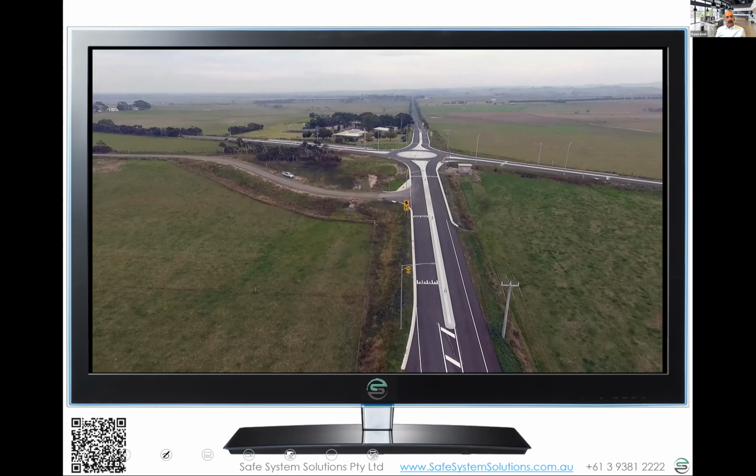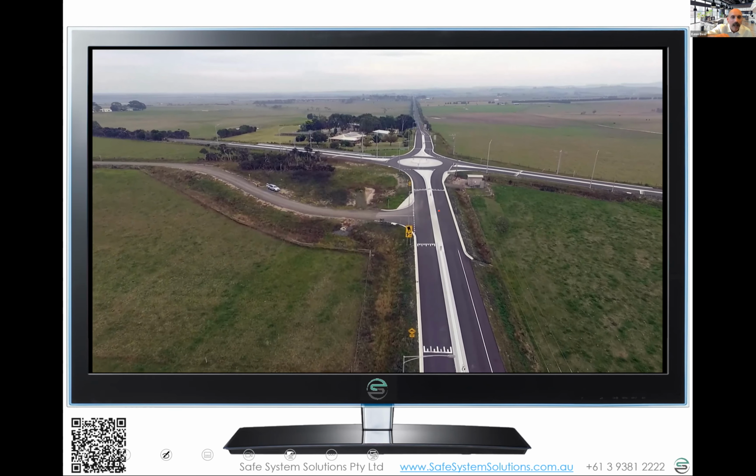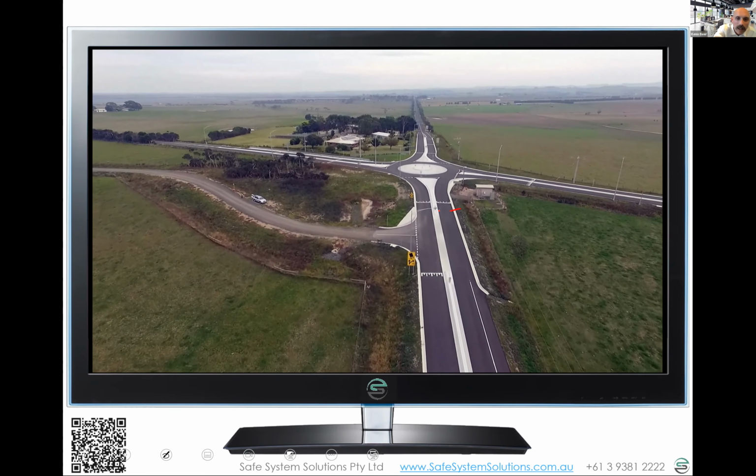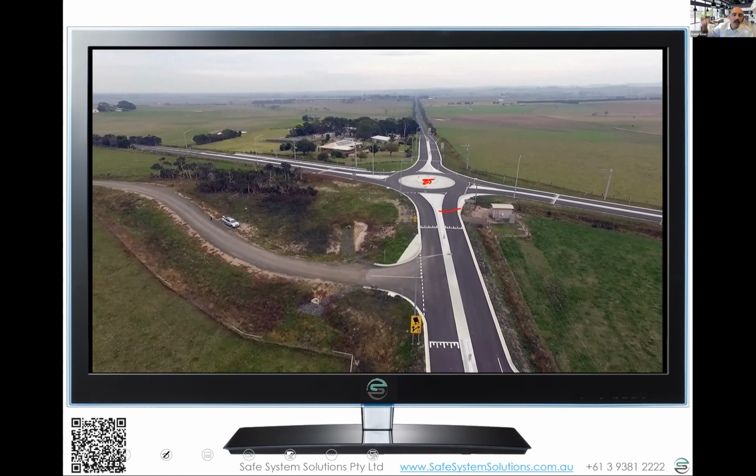And then you can see up here, we've got the raised area again, and then the roundabout. Now the roundabout's interesting because it's actually just a tiny little roundabout, and the rest of it is concrete apron. So large vehicles sweep around and mount onto that area. They definitely mount onto that area.